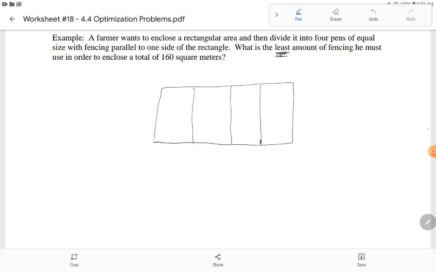So least amount. We're not maximizing, we're actually minimizing, right? We want to minimize the amount of fencing used because we don't want to spend more than we need to for this fencing. And then what's the least amount of fencing he must use in order to enclose a total of 160 square meters? So probably at this point in the video, maybe pause it and think,